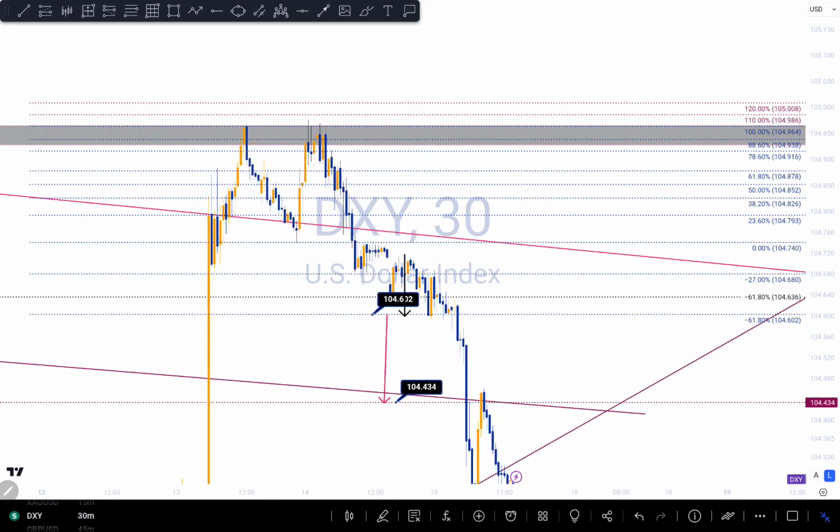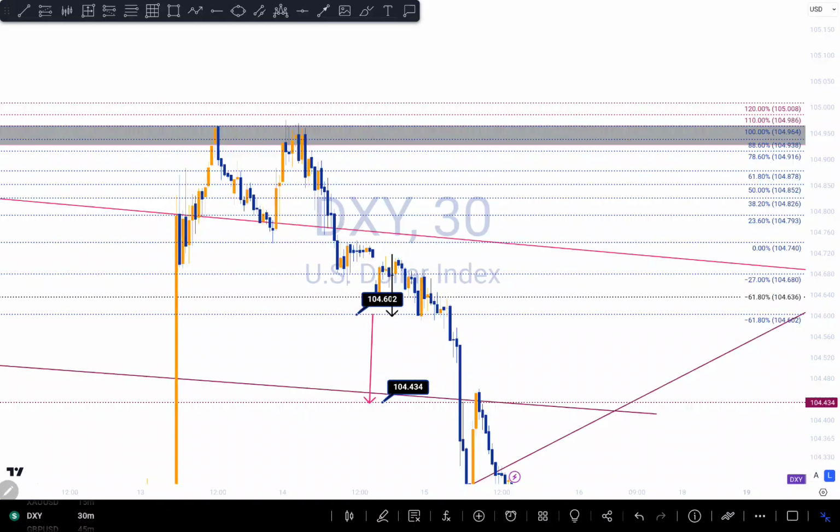If you watched my previous analysis, I think we were around this area right here, and I said I'm predicting the XY to push to the downside if we continue to push to the downside. And when analyzed, we hit my negative 27% fib level, and I said if we continue to push to the downside, then certainly my negative 61.8% fib level will be my next target on the XY, guys. And I said, but in case we still see more momentum of a sell when we hit our target, which is 104.602, then my next target will certainly be